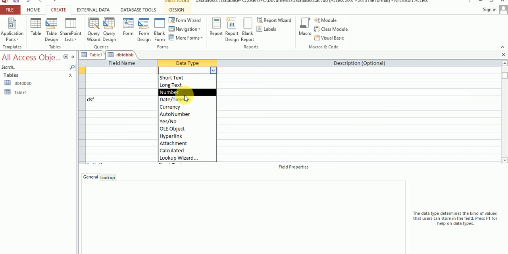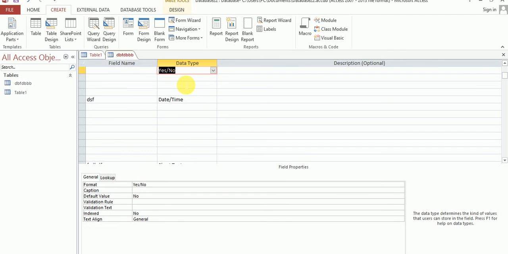Suppose I want to use number, date and time, currency, auto number, yes or no, OLE object, hyperlink, already discussed. Okay, just read this again. Text, memo, number. The number data type only stores numeric values. It can also hold symbols such as the decimal point and comma. Date and time only stores date and time values in tables. And auto number automatically generates a number in our MS Access table. Yes or no data type is actually used for the tick symbol. When you use the tick symbol, then you can use the yes, no, or true, false option.